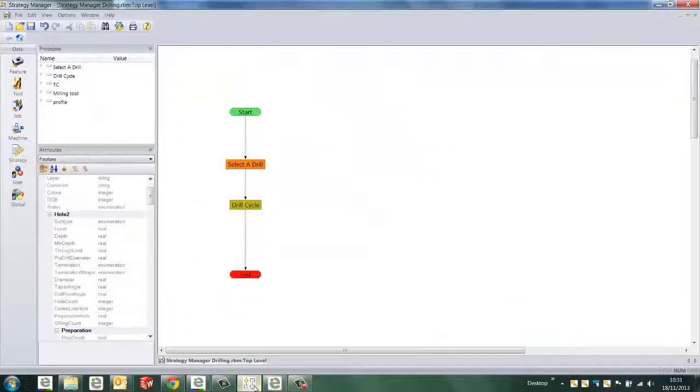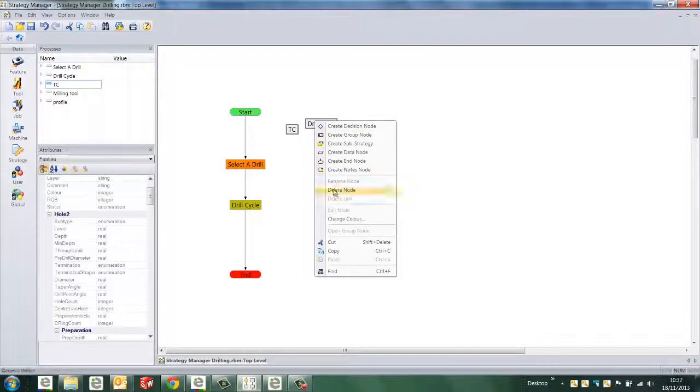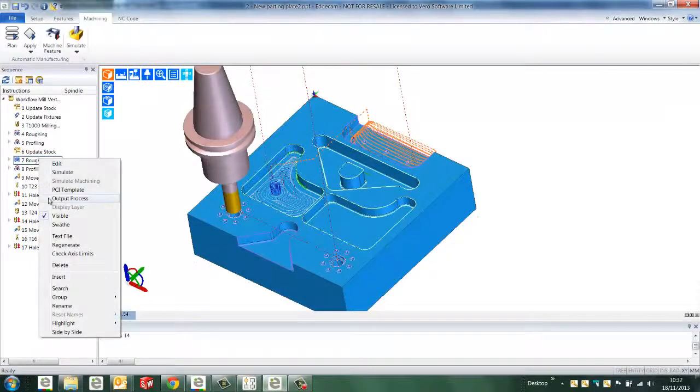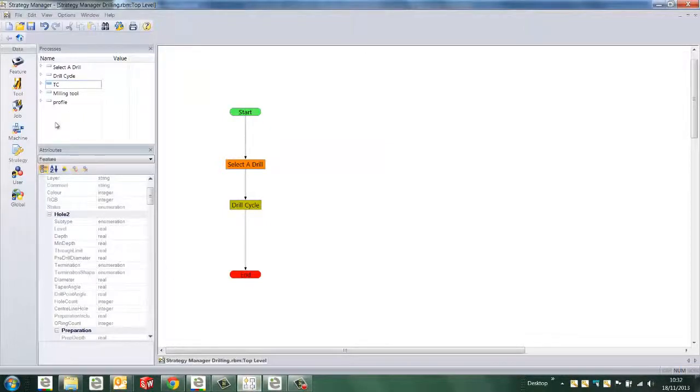Let's have a look at a strategy within the Strategy Manager application in its most simplistic format. Here we've got a simple drilling strategy. So we begin, everything's flowchart based. So the strategy begins at the start. We select a drill and then we execute a drill cycle. And these commands are basically drag and drop into the flowchart area as we see there, and these commands are coming from inside Edgecam. Basically all we do is we copy and paste into the Strategy Manager application,